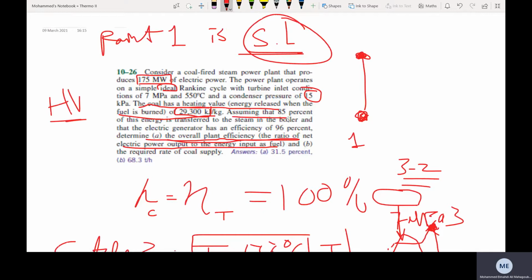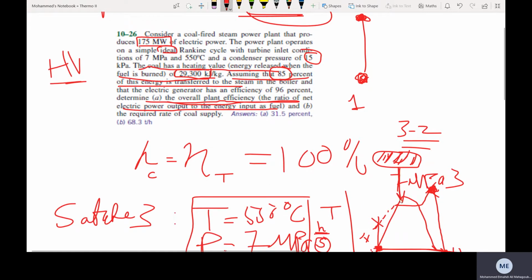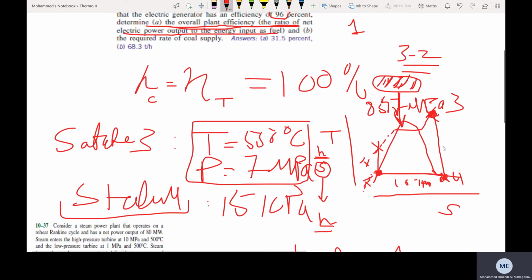And he tells me that 85% of this energy is transferred to the steam. So this is the combustion efficiency, meaning that whatever is combusted here as a fuel will not all be transferred to the cycle. Only 85% of it will be transferred to the cycle. And then again, he gives me another efficiency, which he tells me is the efficiency of the electric generator, meaning that whatever net work is produced there, some of the work will go to